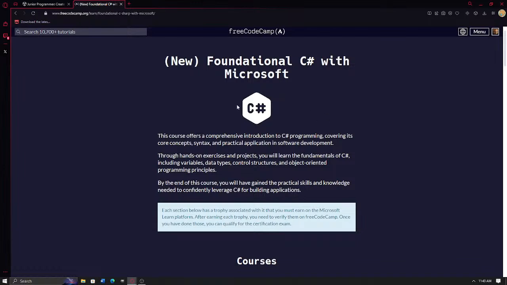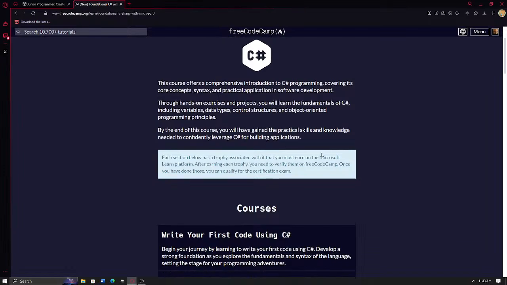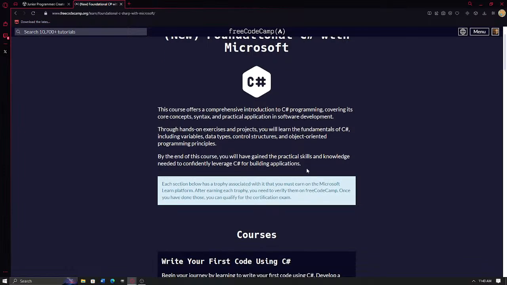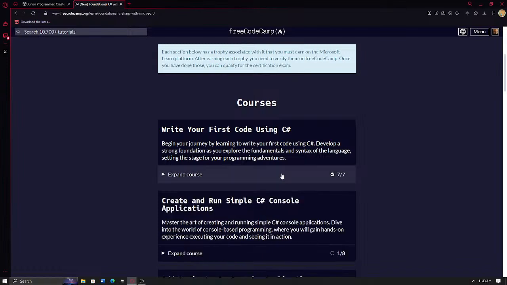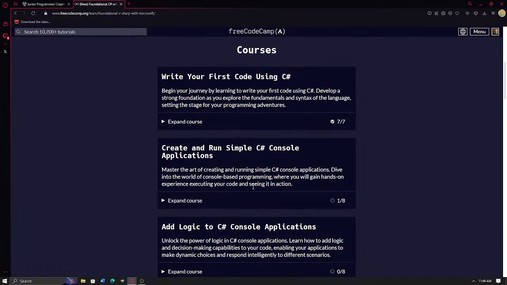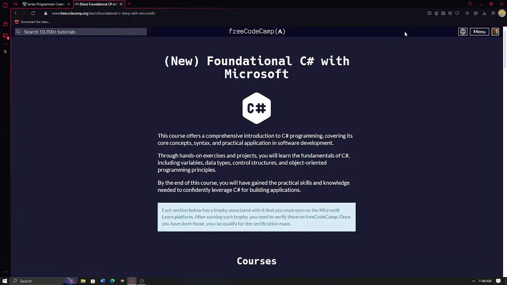The one thing that I am following, if you go to Free Code Camp, and again, this is all entirely free, they're giving you a certificate to learn C#. So I've kind of started with that as well, and I'm doing these things simultaneously. I'll do a little bit of C# one day, and a little bit of Unity Learn the next day, and I'm going to see how it goes. So far, it's not been bad at all. Whenever you go to Free Code Camp, you just sign up with an email to create an account,